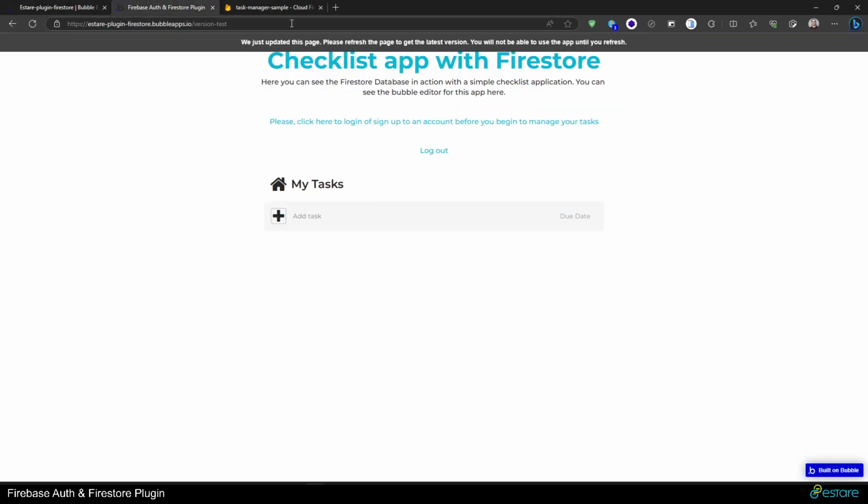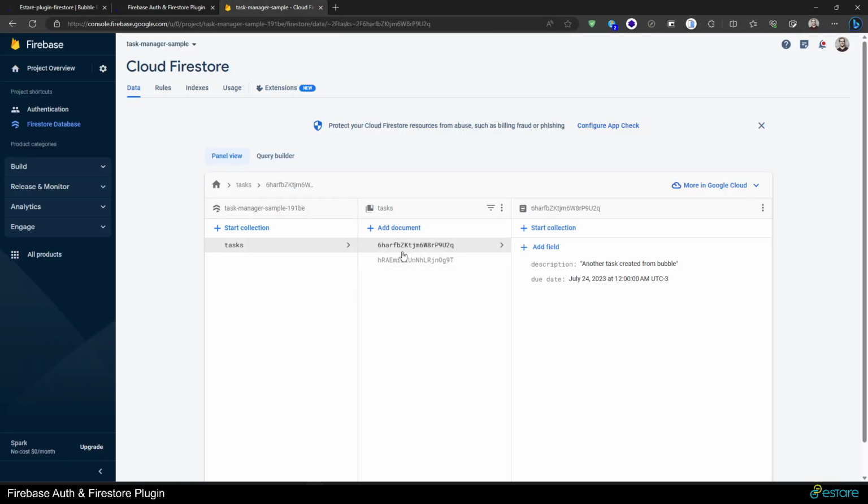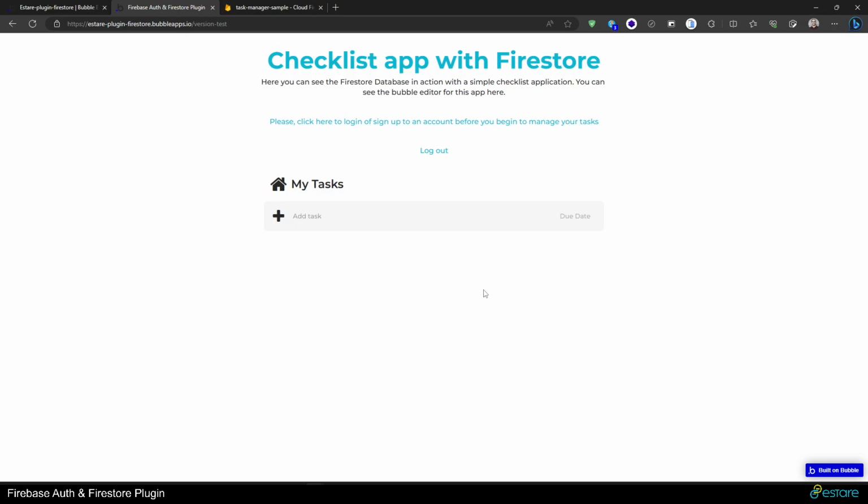Well, that was the tutorial on how to create a new document using the plugin. In the next video, we'll show how to read this data and display it in our app. Until then,